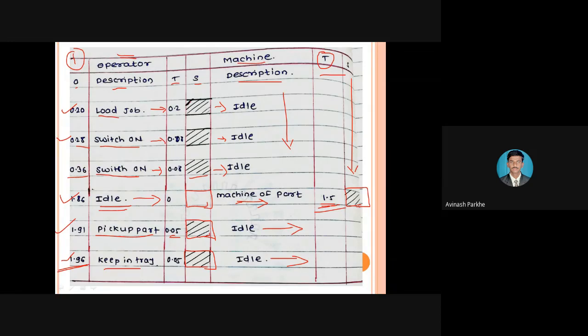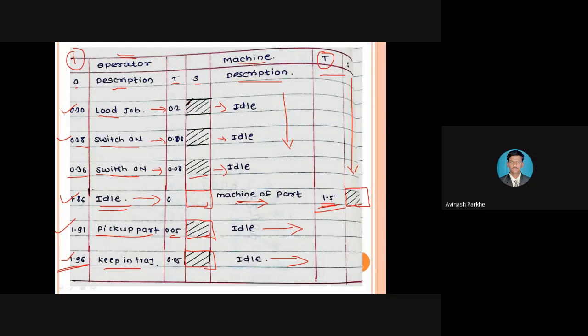remaining all minutes your machine is idle. So whatever activities are performed by the operator and whatever tasks are performed by the machine, both are represented using the single chart only. Therefore, this chart is called a multiple activity chart. Through this chart, you will get the idea at what time the operator is working, at what time the operator is idle. Similarly, at what time your machine is working and at what time your machine is idle. So through this chart, you will get the overall picture of the working condition and the idle condition.